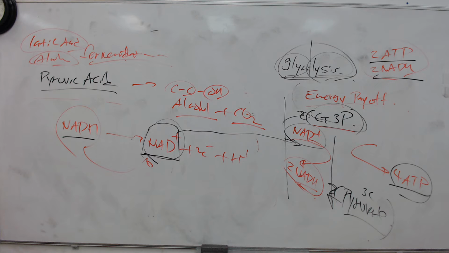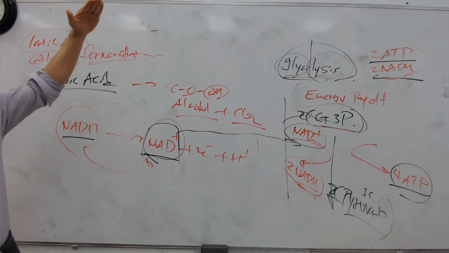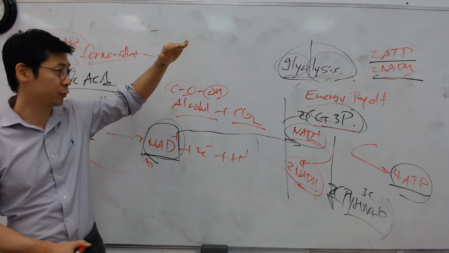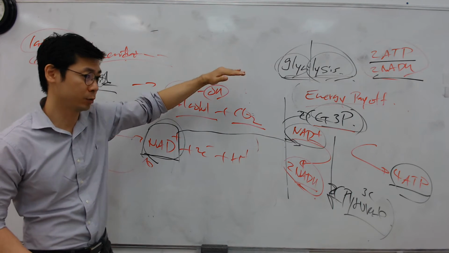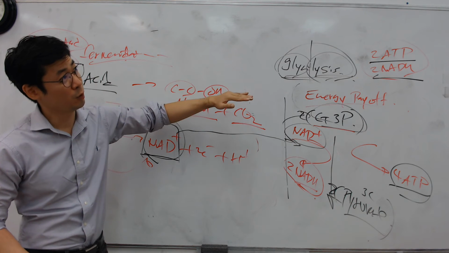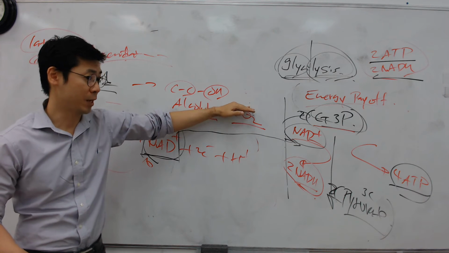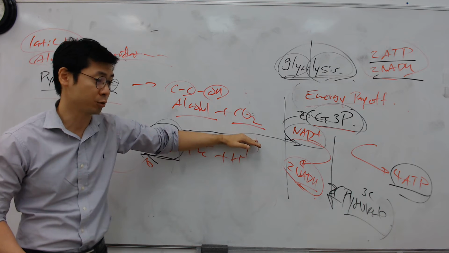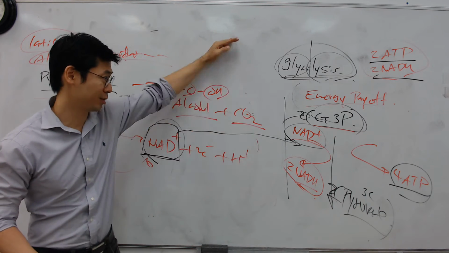So what's the purpose of the diphosphofructose? If they ask you what the heck is diphosphofructose, my answer is that it's an intermediate of glycolysis. Remember I told you there are 10 steps. They first convert the glucose into phosphoglucose, which turns to phosphofructose, then biphosphofructose, and then turn it into G3P. So it's a step.